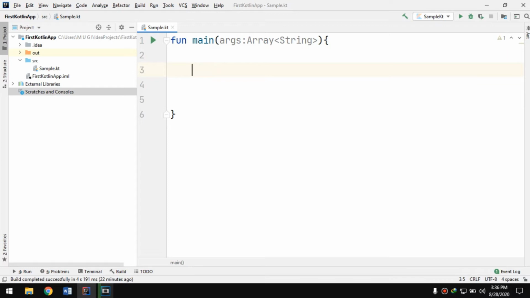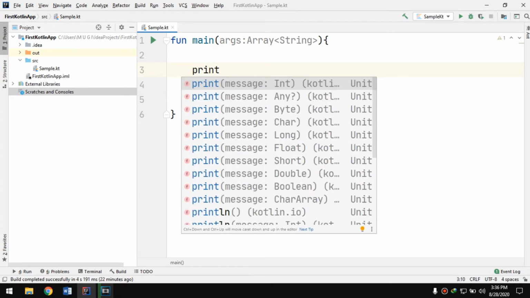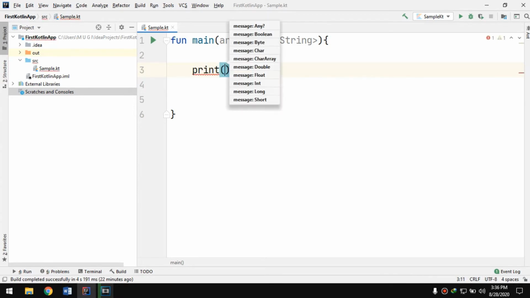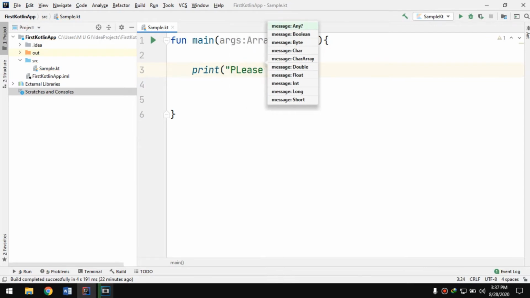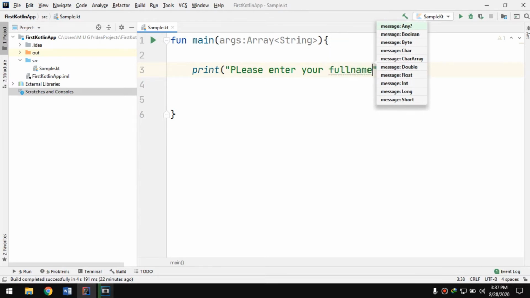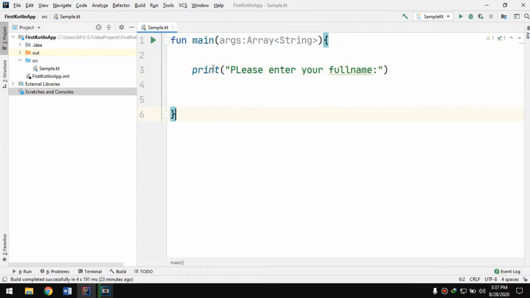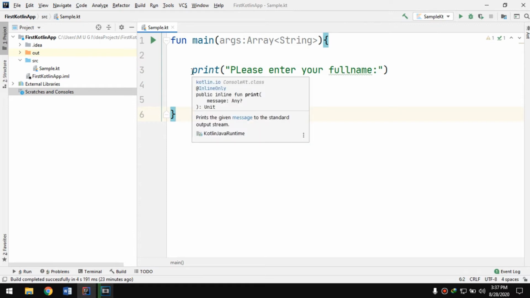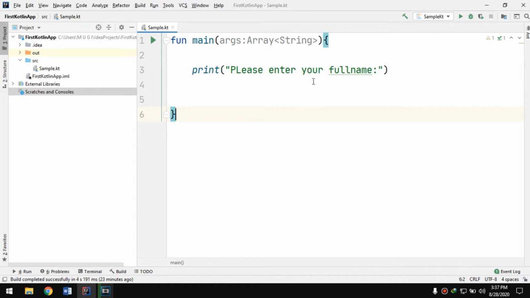So first is ato siyang i-notify sa user nga ma-input or ma-enter a value. So we're going to use the print statement, print function, print method. Okay, so print and then, please enter your full name. Okay. So what we are doing right now here is we're prompting the user to input his or her full